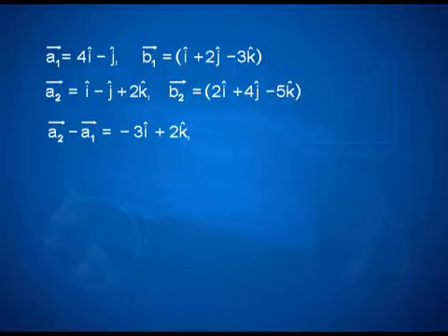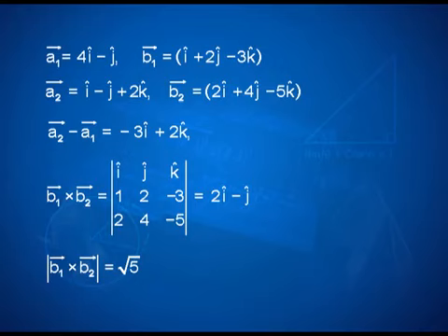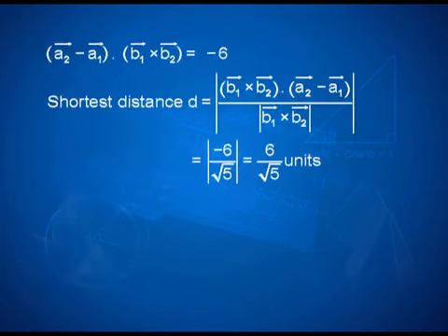These vectors can be identified without writing the vector equations as well. So, if you are confident of doing that, go ahead and simplify as required. So, we are ready to find what is A2 minus A1, B1 cross B2, need the magnitude of B1 cross B2, need the dot product of A2 minus A1 with B1 cross B2, and plug in the values in the